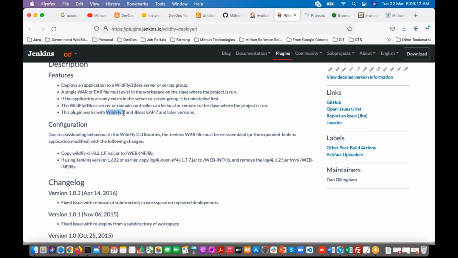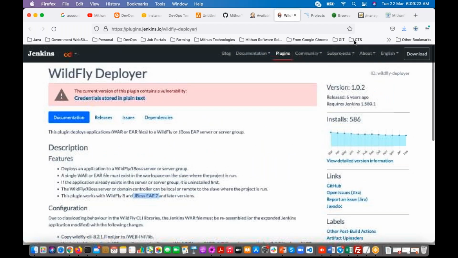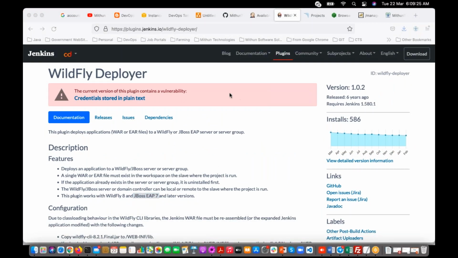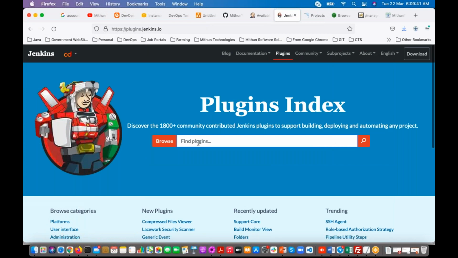Anyway, JBoss 7 is the last version, right? There is no JBoss 8 and all, right? So you can even go and search in Google about this Wildfly Deployer. You will get detailed documentation about this one, right? So you can remove this one, go to here and search with